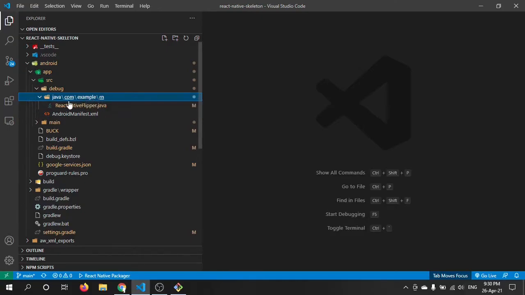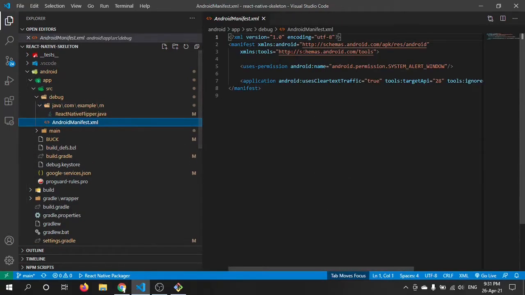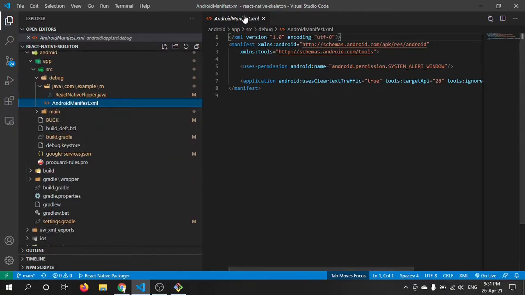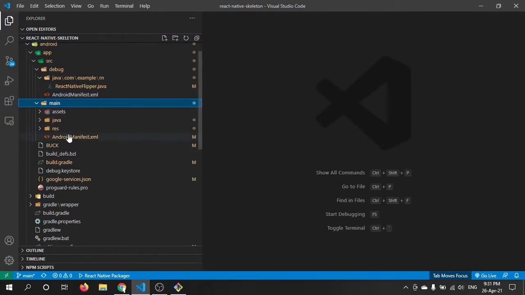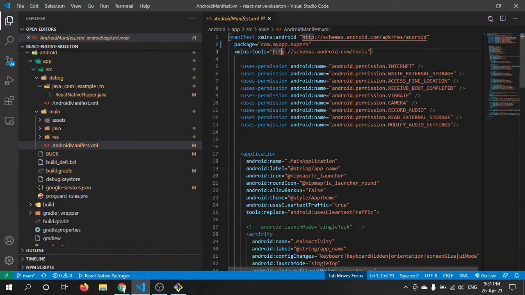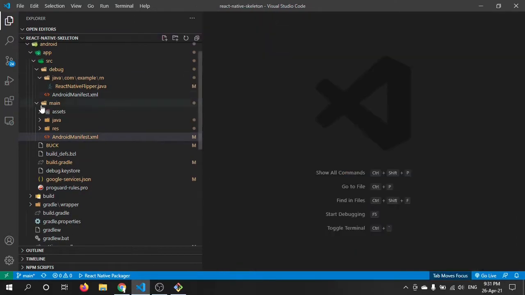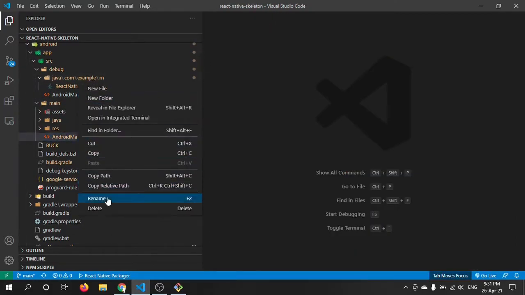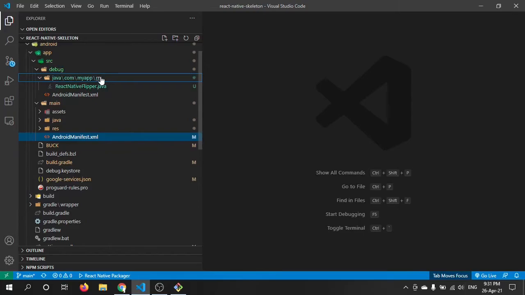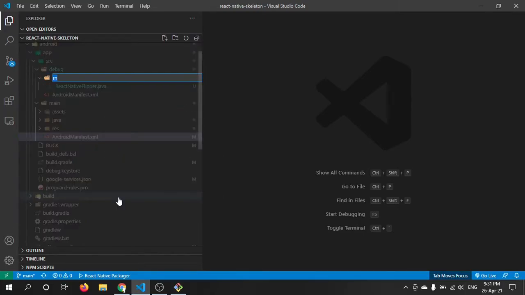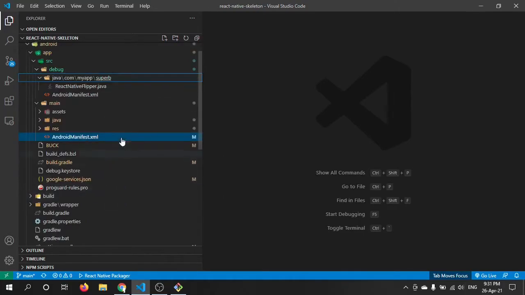So in our case, what was the package ID that we used? com.myapp.superb, right? So we will simply rename this into my app superb.